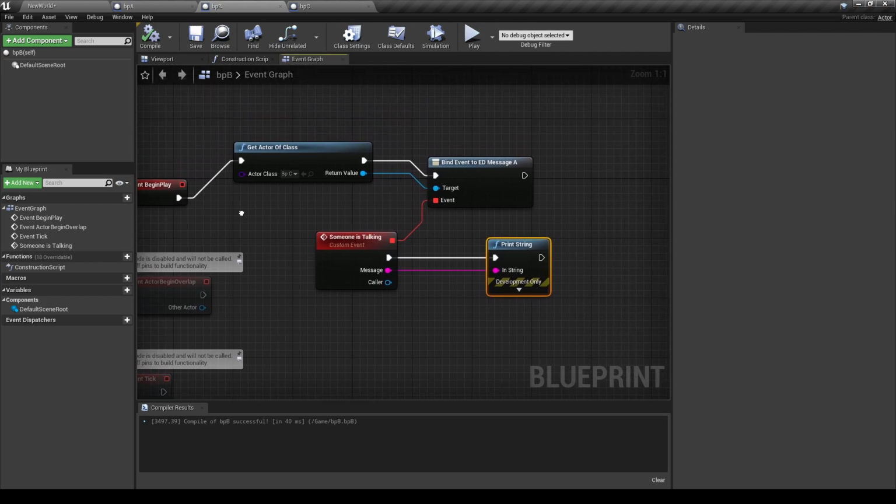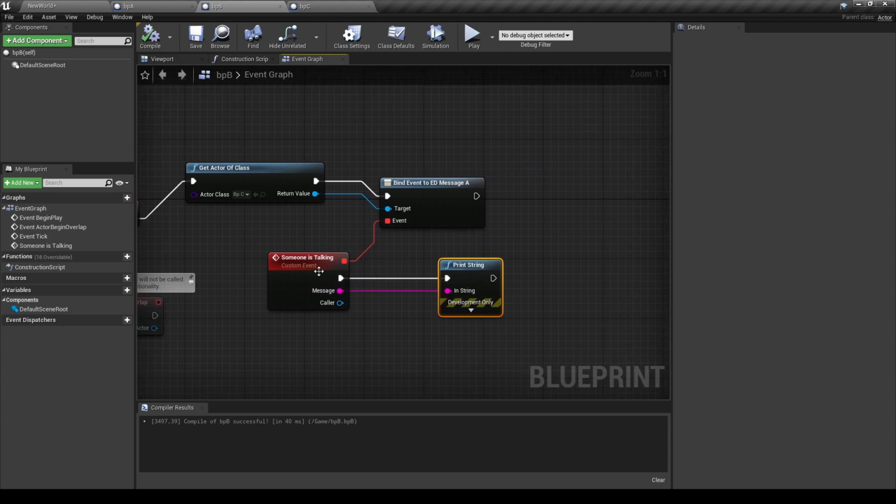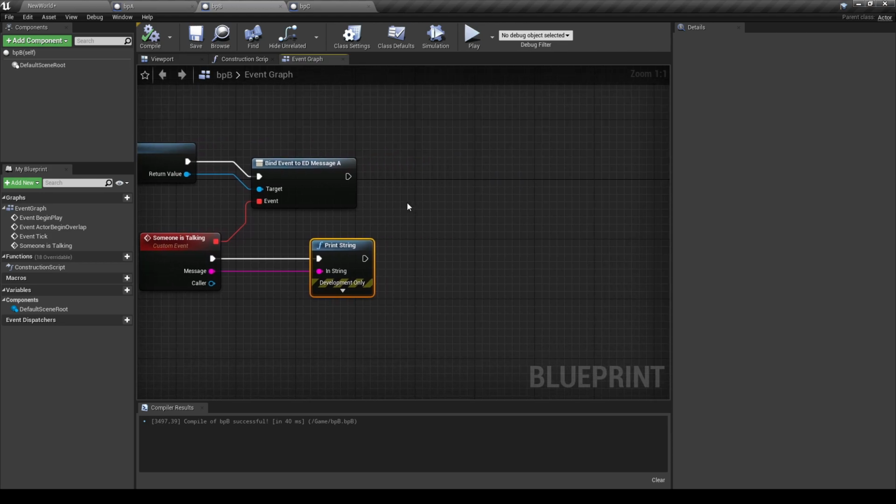And on Blueprint B, the listener, when the game starts, will retrieve an instance of Blueprint C, and then we bind to the event dispatcher message A in order for the execution flow to continue when a call node on this event dispatcher is called.